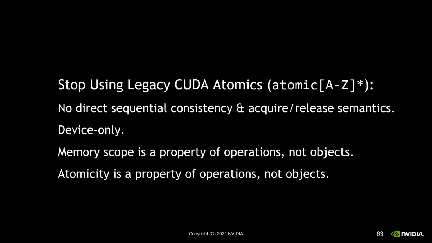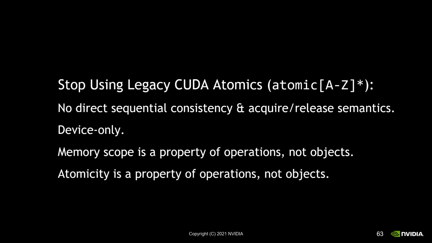I want to encourage everyone to stop using legacy CUDA atomics. They have a number of problems. There's no direct way to express sequential consistency and acquire-release semantics. You have to build them yourselves using fences. They're device only. Memory scope is a property of operations, not objects. Likewise, atomicity is a property of operations, not objects. C++'s atomic and atomic ref classes are a complete replacement for legacy CUDA atomics, which are more expressive, more correct, and